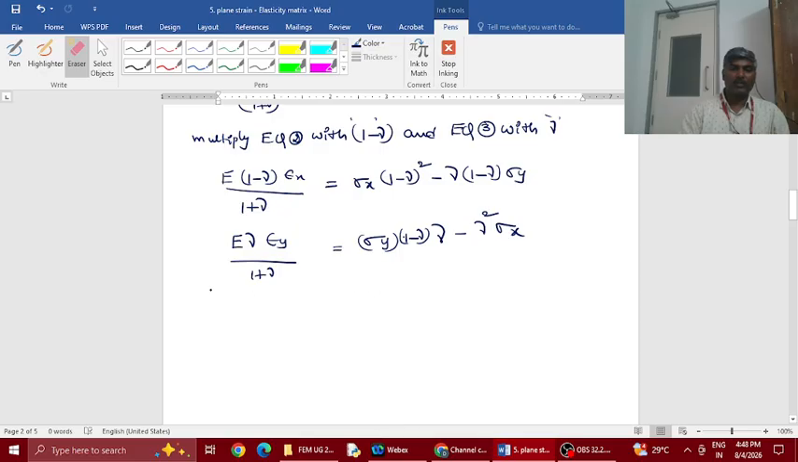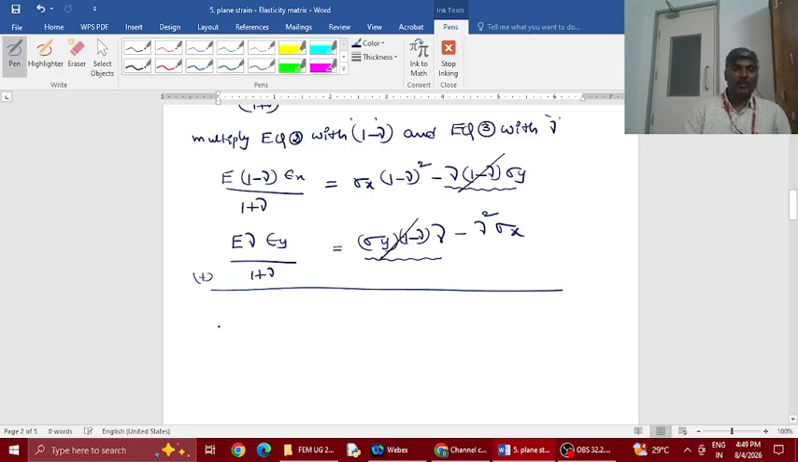Right. To eliminate sigma y, we are trying to eliminate sigma y. So from the first equation, this is sigma y term with negative sign. Second equation with the plus sign. You see, both are same. So I'll just cancel out these two and I add here. So you find this common term here. E by 1 plus nu is common. Okay. So what is remaining here is 1 minus nu into epsilon x plus nu into epsilon y is common